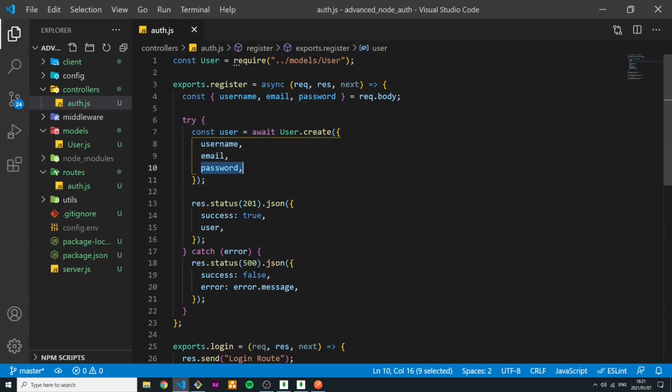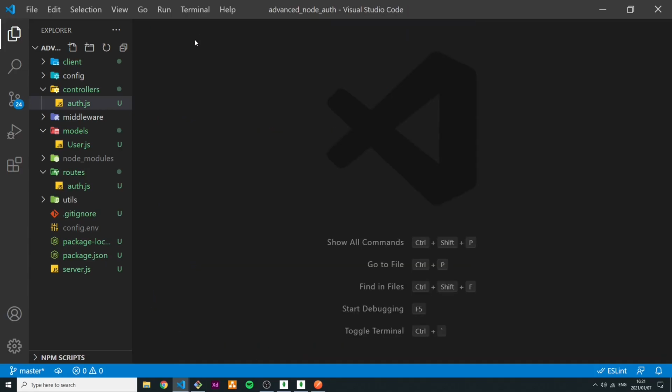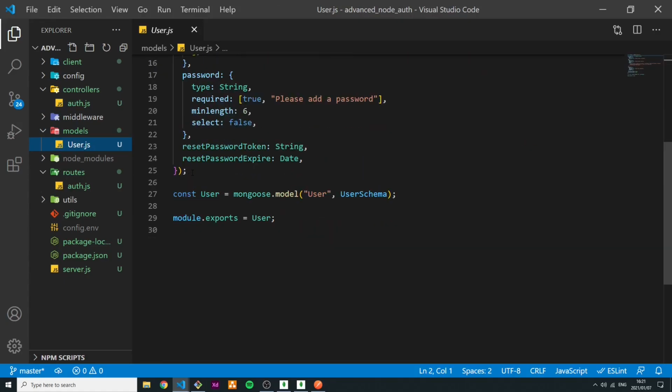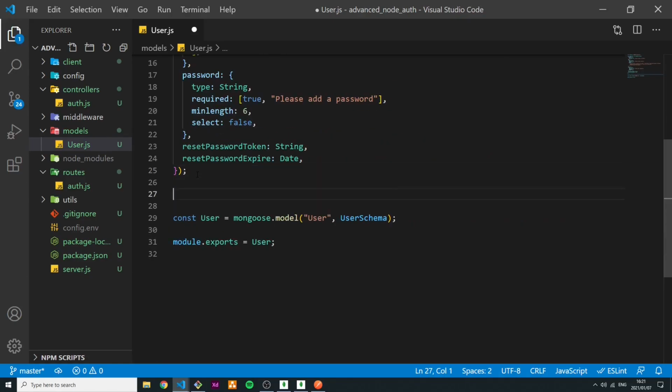So we actually first have to do the encryption of the password. So how will we do this? Well, let me show you a neat little trick I learned. Okay, so I'm going to close this auth, and I'm going to go into the models. And right below where we created our user's schema, just below the user schema, we can run a few pieces of middleware thanks to Mongoose for pre-saving or post-saving. So we can say user